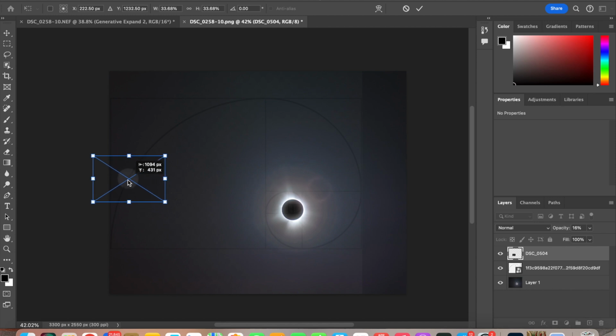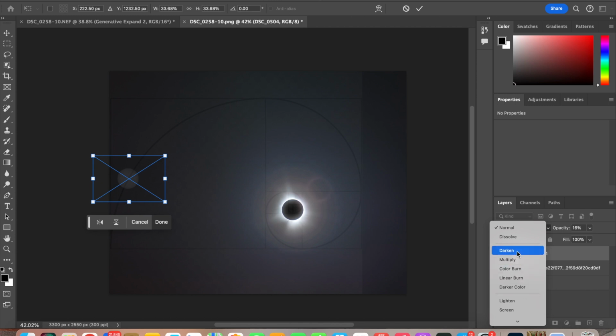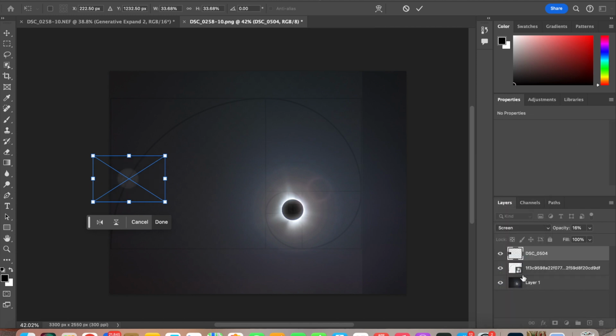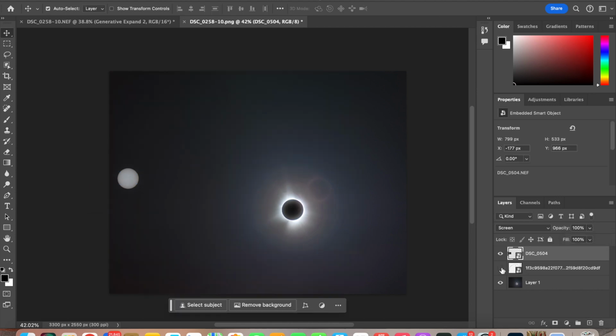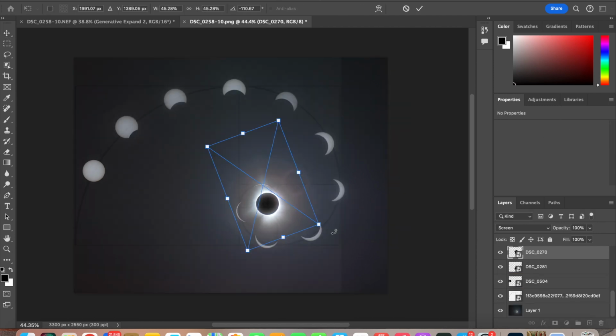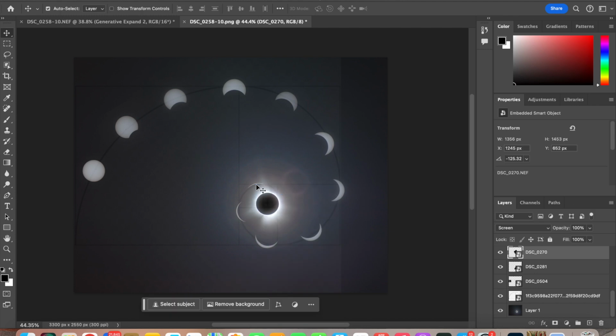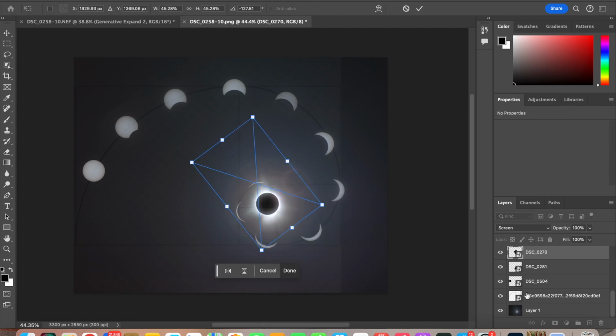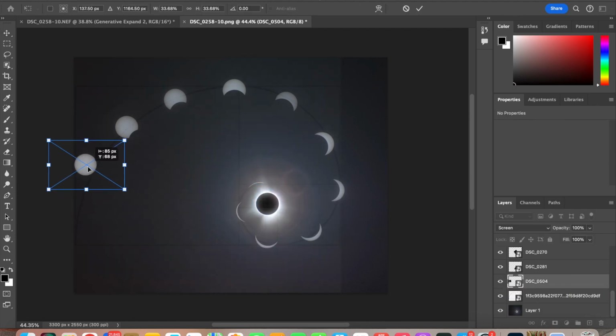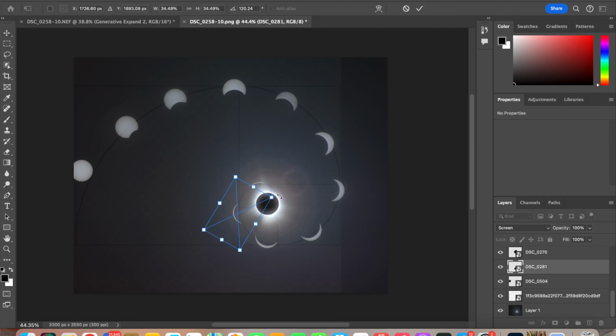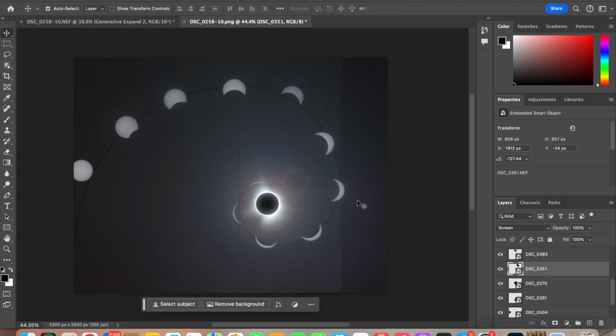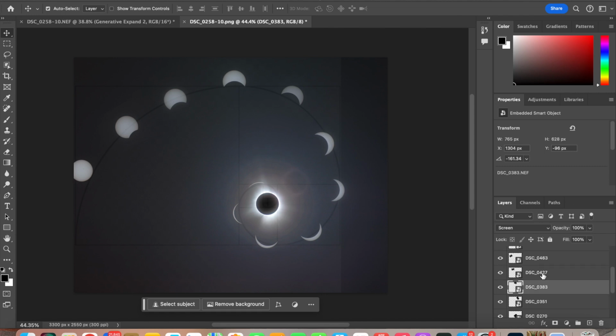But then the way, and I stole this from someone, I did not know how to do this, but if you click screen as your option, because the filter makes everything black and white more or less, because it's only letting light through, if you click screen, it will get rid of all the black, so you'll just have a clean picture of your progress shot of the eclipse, and then you can move on to the more fun part